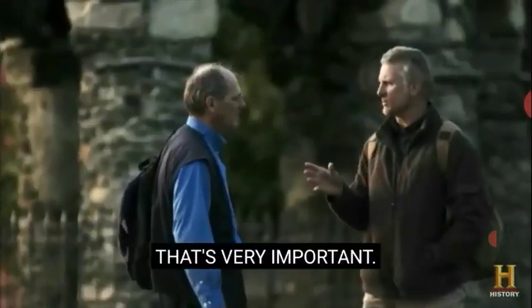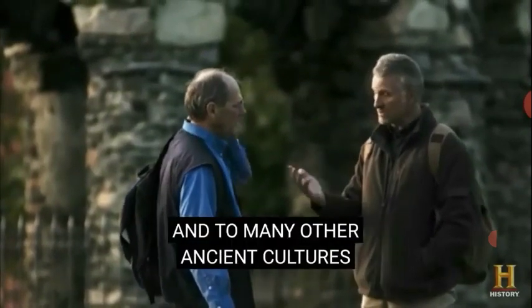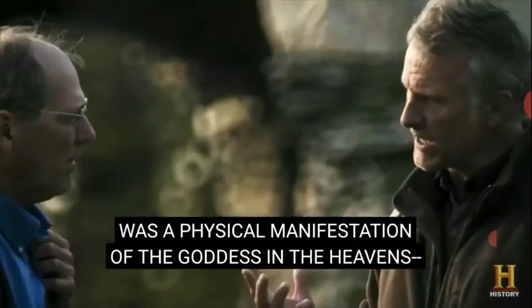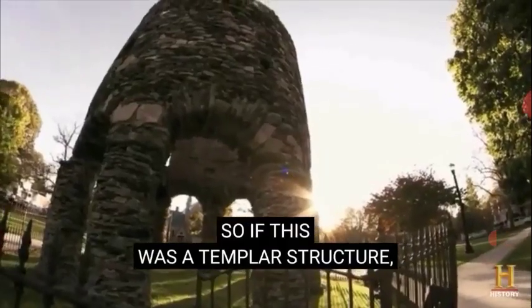We've got symbolism. You've got the egg shape, the Master Mason's keystone. We read different ways, but that's okay. But there's something else about the Templars that's very important. They had a reverence for the planet Venus. Venus to them, and to many other ancient cultures, was a physical manifestation of the goddess in the heavens. Very, very important. So if this was a Templar structure...